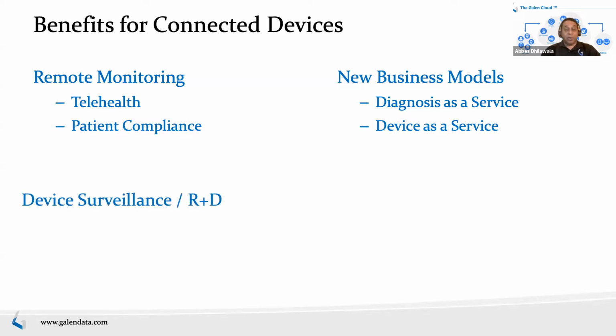Another thing is just pure device surveillance and R&D functions. When you deploy devices in the field, you have issues. You need to understand your device health. Having connected devices allows you to do monitoring essentially nonstop and make sure you can catch things before they become an issue. Diagnosis: if you do find something, instead of having to ship that device back and read its logs and then figure it out, or worse, for some large equipment, having to send people down to certain places to do the diagnosis, if you have connectivity, remote device diagnosis becomes an option.